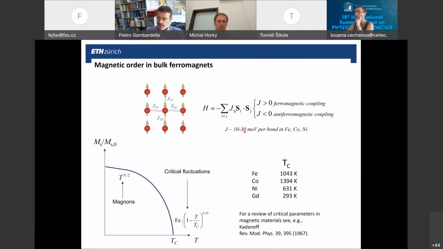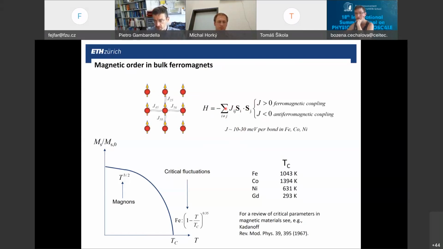And that is essentially because the exchange interaction, when it is summed over all the magnetic neighbors, right, you can very well see that if the number of neighbors is reduced, right, this total exchange energy will become smaller, and so the tendency towards magnetic order